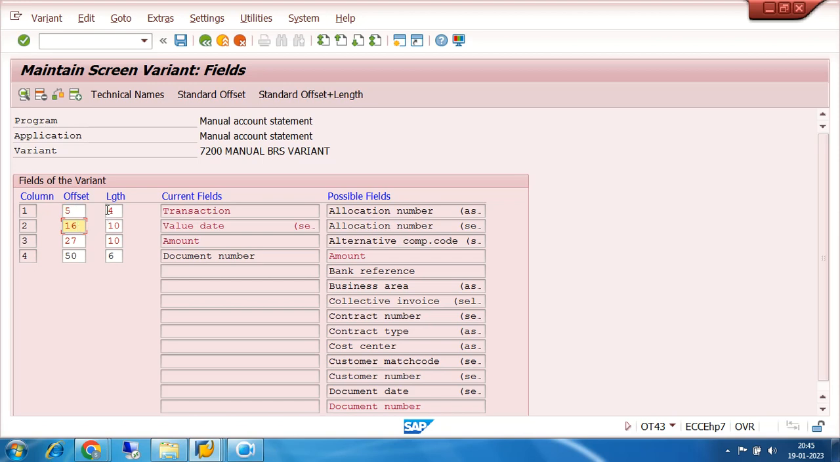10. 10 plus 4 is 14. It started with 5, then 10, 15. I am starting it with say 16. Then 16 plus 10 is 26, I am starting with 27. After 27, I am putting 6. So 27 plus 6 is equal to 33, but here it is 50. So what I can do, I can make it, say,